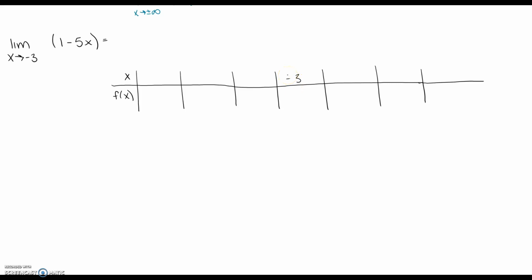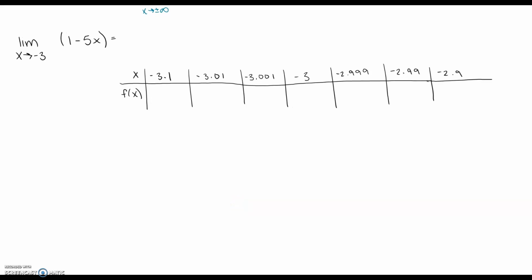want something really close. So we're going to do -3.001, -3.01, and -3.1. And then to the right, really close is -2.999, -2.99, and -2.9. And now we do the same thing and we substitute it into our f of x, which